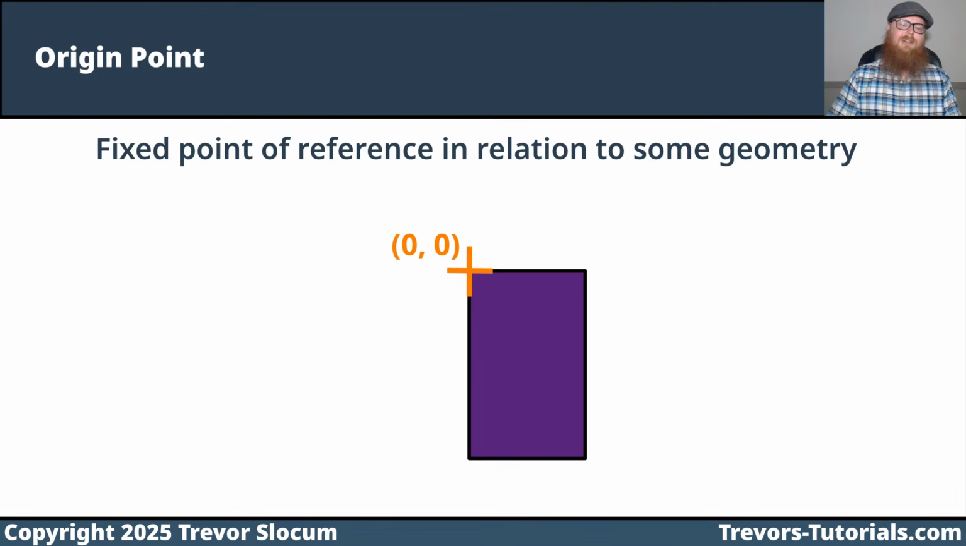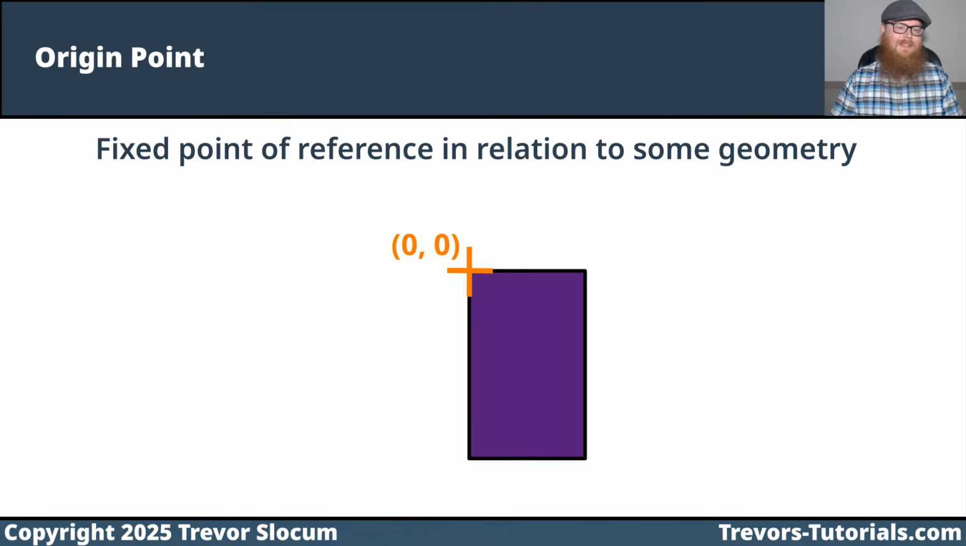The origin point is a fixed point of reference in relation to some geometry. And with Ebitengine, the origin point for every image we load is at the top left, or 0, 0. When we want to draw an image on the screen, the XY position that we give Ebitengine is where Ebitengine is going to start drawing the image, starting with its origin point. So that point that we give to Ebitengine, we're basically telling Ebitengine where we want the image based on its